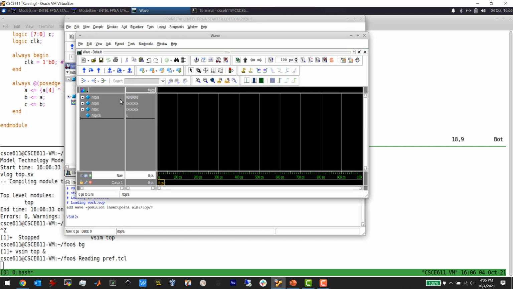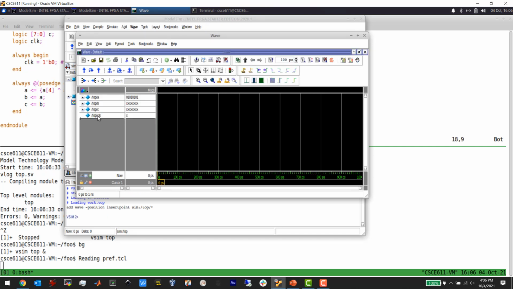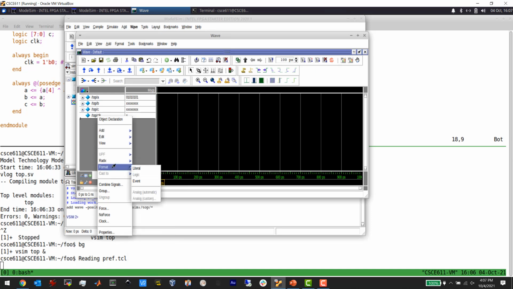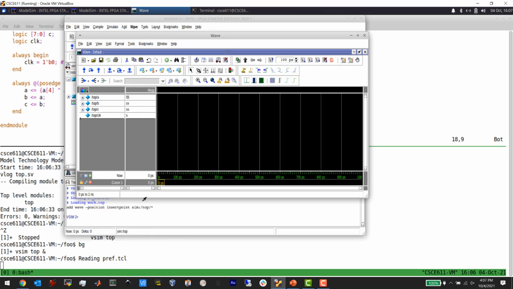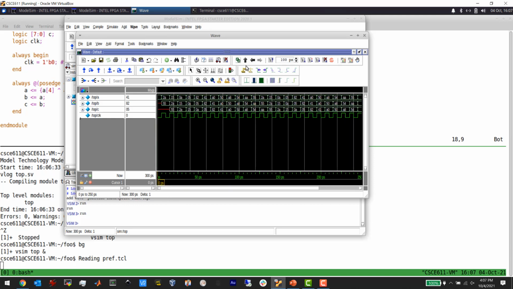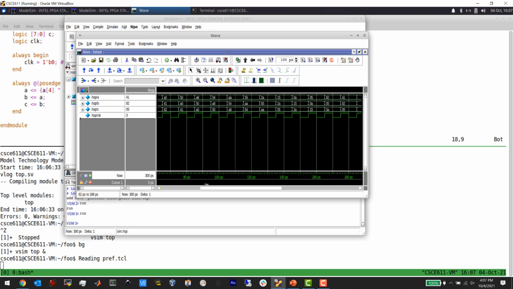That'll add everything, and then I want to put everything here in hexadecimal, and then run it. Hopefully I did that right. Okay, wow, that's okay. So you can see if I zoom in here just a bit more, you can see